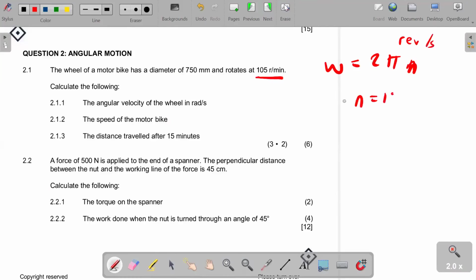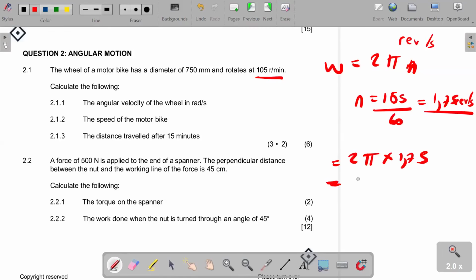What is it going to be divided by 60? 105 divided by 60, and that in turn gives us 1.75 revs per second. What we have just done is change our rotational speed to revs per second, because that's what is supposed to be used in the formula. So therefore, we can say 2 pi multiplied by 1.75, and that gives us